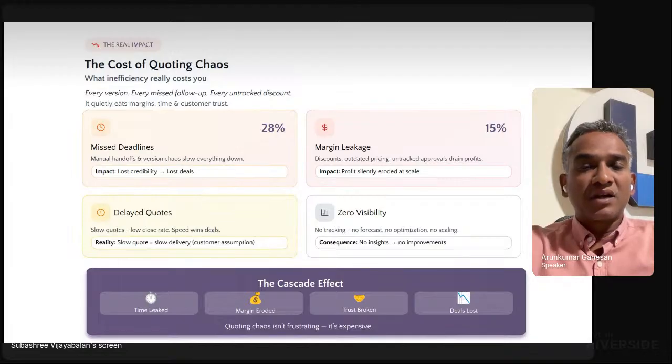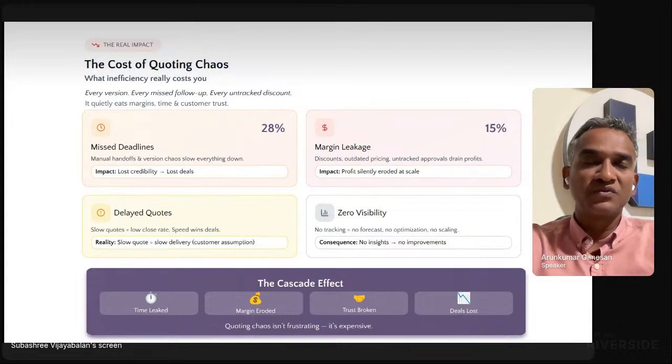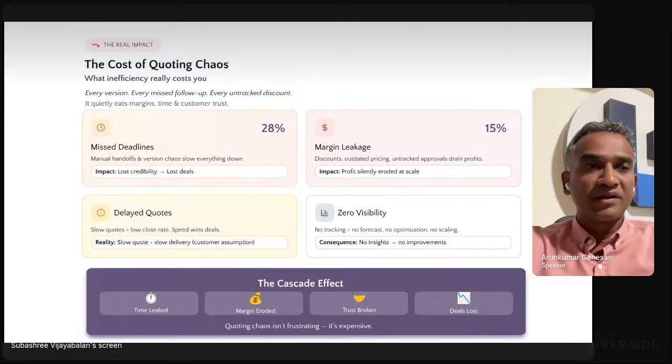And there are about 15 percent margin leaks, which is huge for companies operating at a 20-25 percent margin. A 15% margin leak is too much, and quotes are delayed because of various approvals.